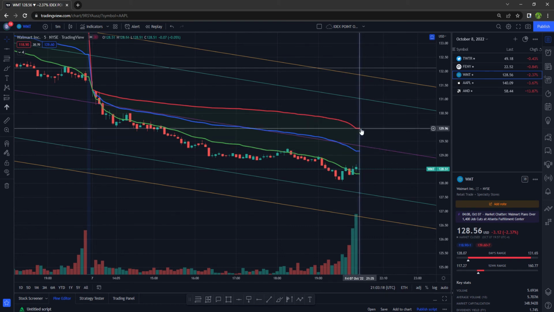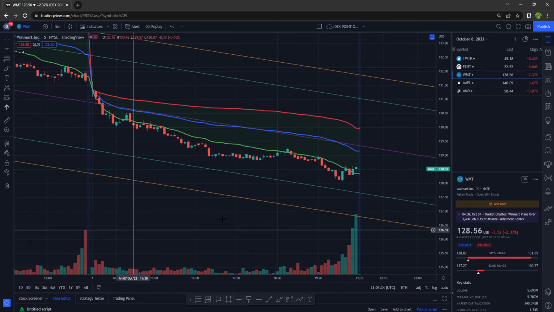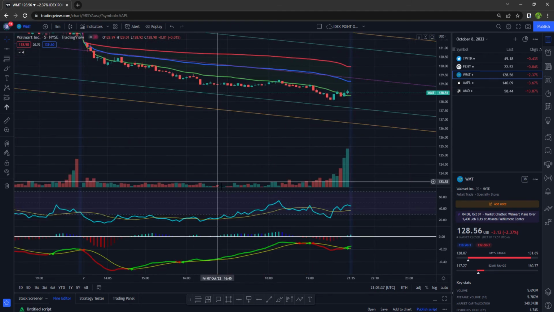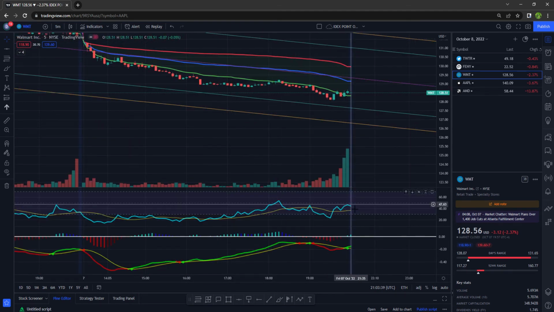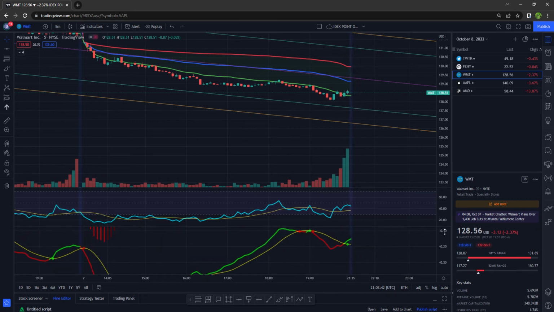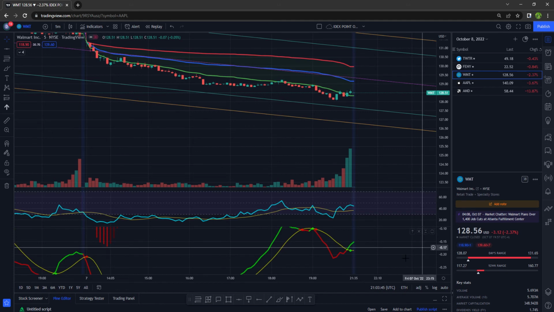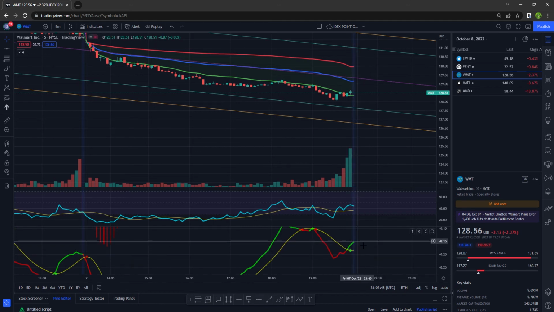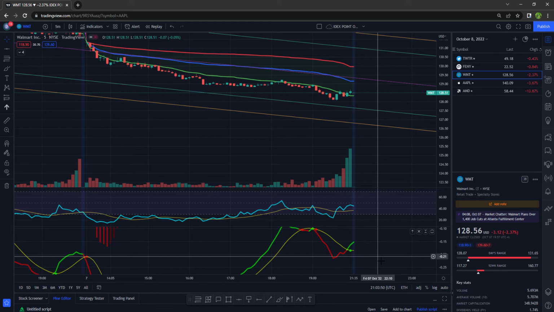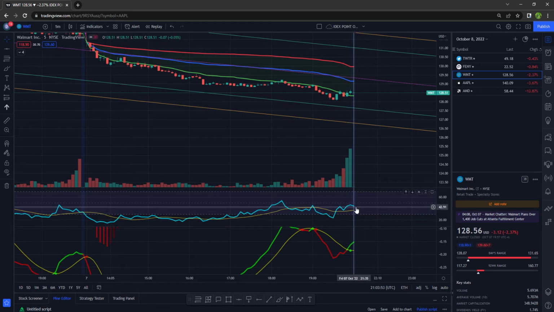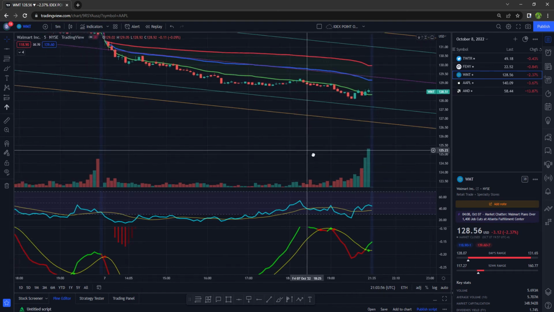129.15. The north side of that, 129.96. 2 standard deviations, 131.04. And finally, the other level I want to give you is 131.85. All right, let's take a look at the RSI going down. The MACD did cross over, but I'm not sure where that's going, if that's going to head right back down, so we'll have to pay attention to that. But this is going down and maybe just continue to go sideways next week.